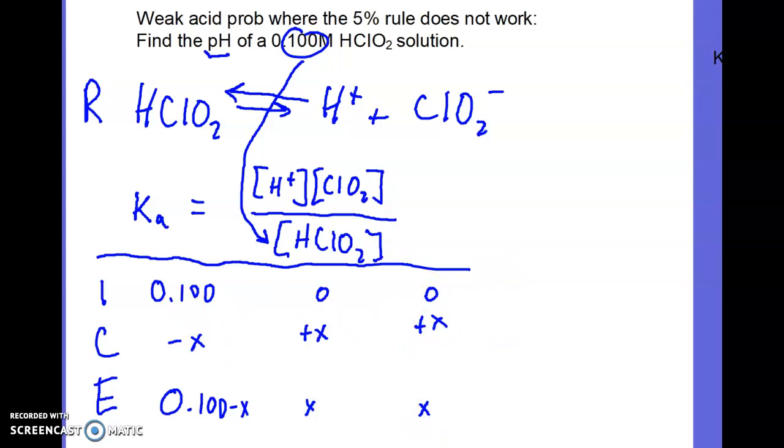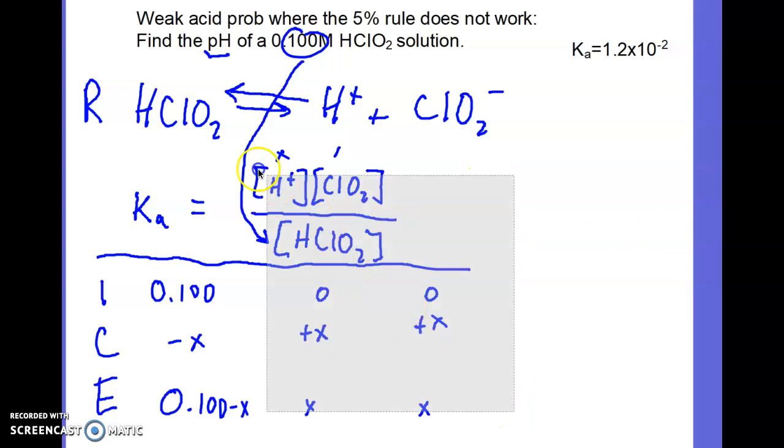Okay, so look at it. This chart is about concentrations. So I want to plug these in here. So this would be X, X, and this would be 0.1 minus X. Ka for this, look it up in the appendix there in the back of the book. Appendix 22 is 1.2 times 10 to the negative second. Okay, so plug those all in there. You get